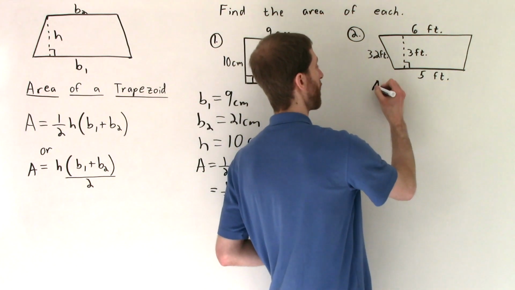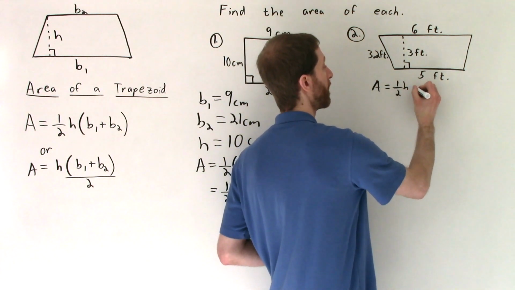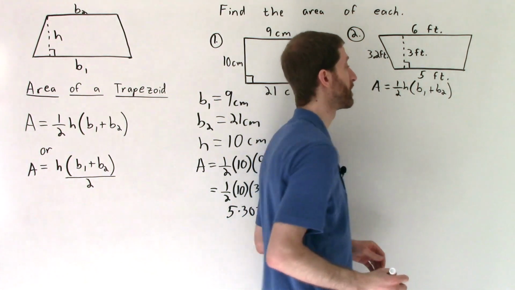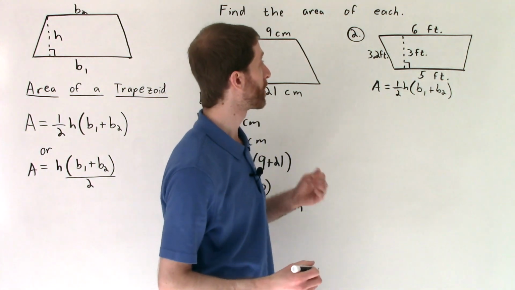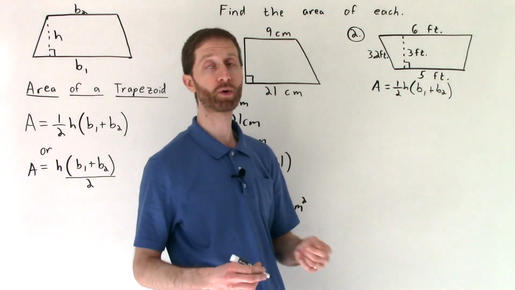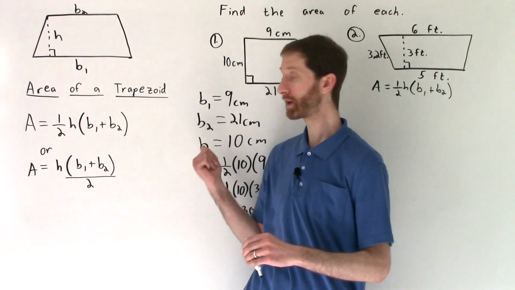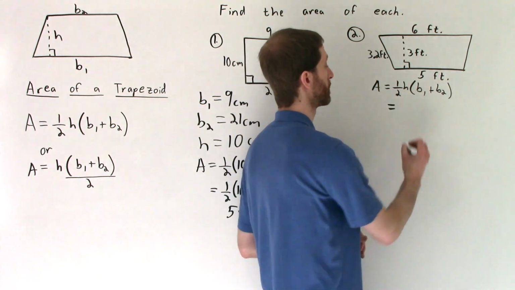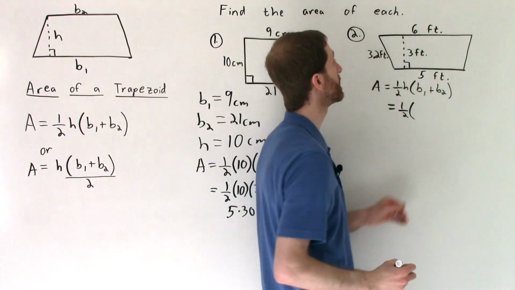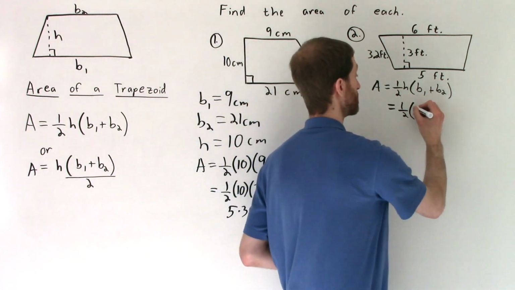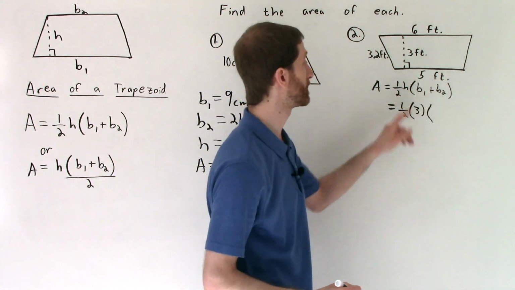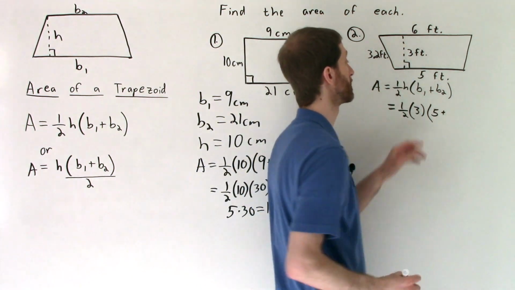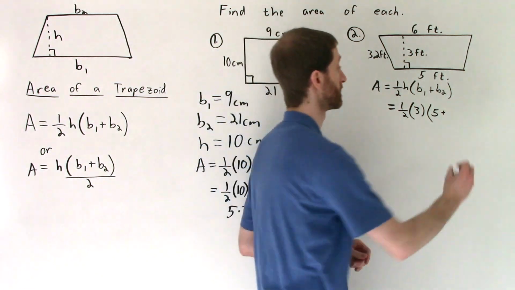so we're only going to use what we need for our area formula. So the area, again, is 1/2. I'd start out by writing it out. The height times the base added to the other base, B1 plus B2. Okay, so I'm going to identify these and show you how you can do this a little more efficiently. You can certainly write out everything and list it all out and plug it in. I'm going to plug in all the numbers as we go. So my area is equal to 1/2. The height is 3 feet. Okay, sweet. So I plug that into the formula, times the sum of the two bases. B1, let's let that be 5. It doesn't matter which one is B1, as long as B2 is the other base, which is 6 feet,